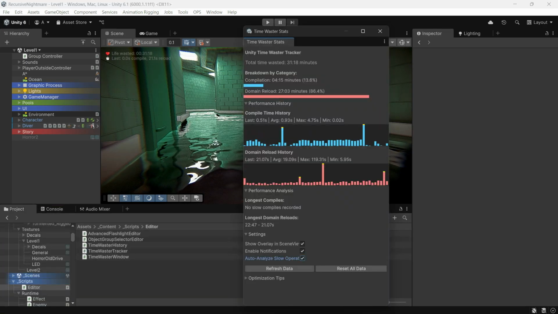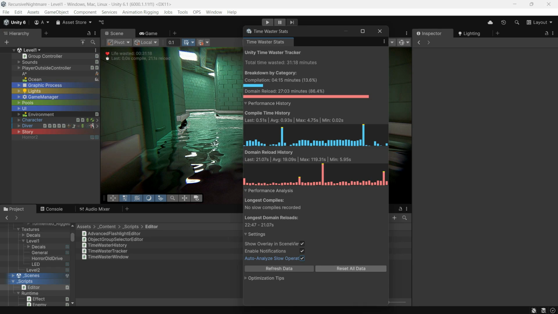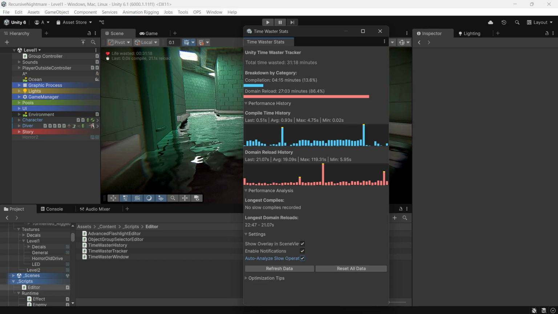And for the settings buttons, refresh updates the data immediately, and reset all data clears your current session's history. All data is persistent. It will remain even if you close and reopen the project. So if you want to track your work per session, it's a good idea to hit reset before starting